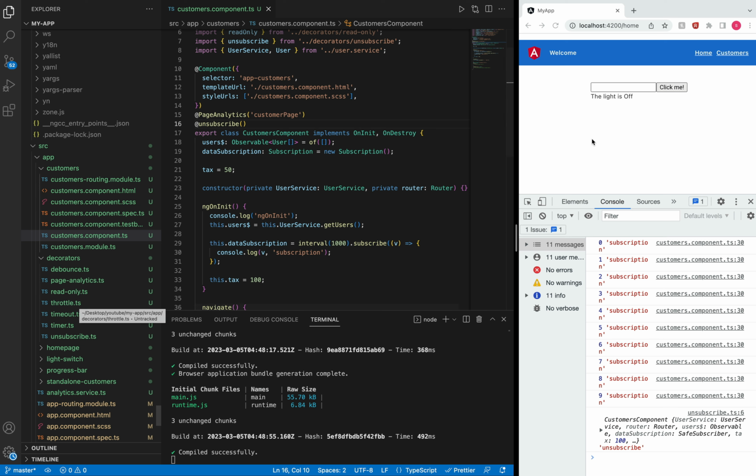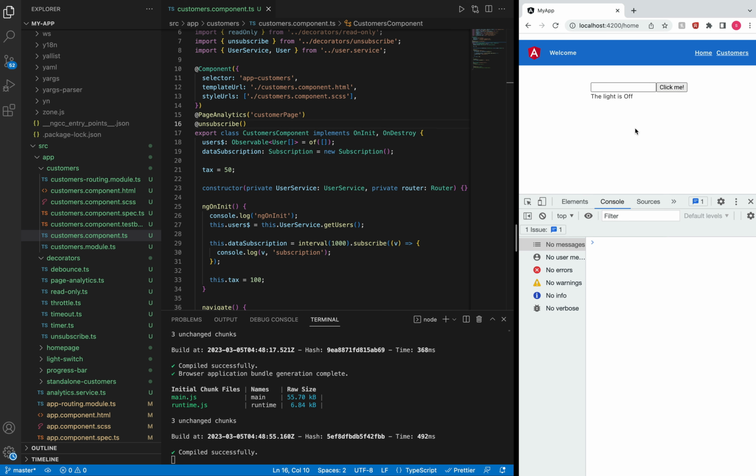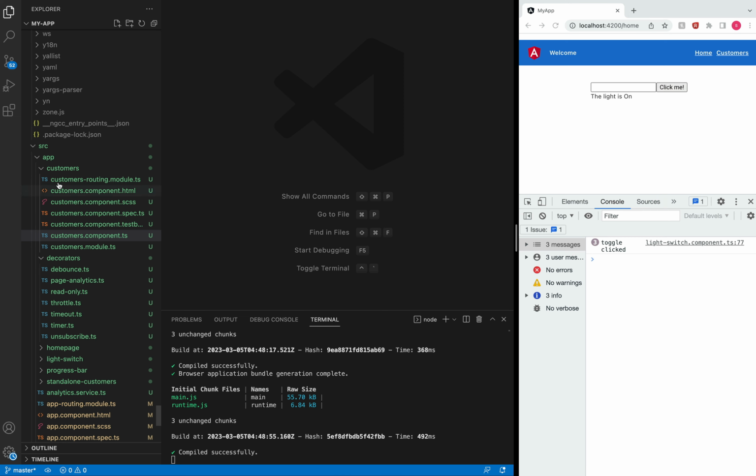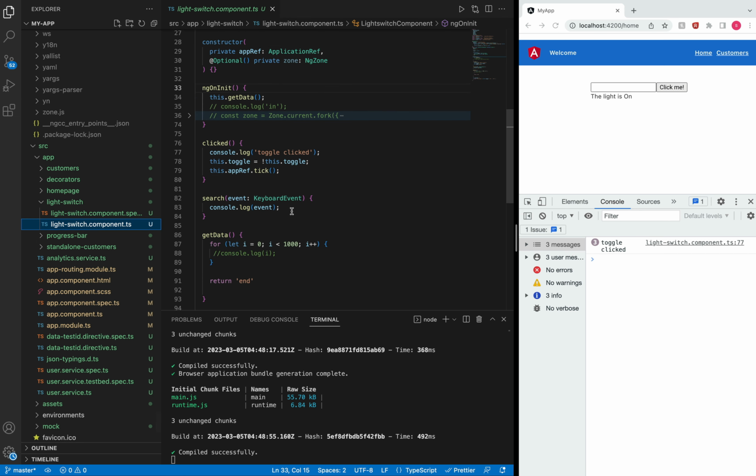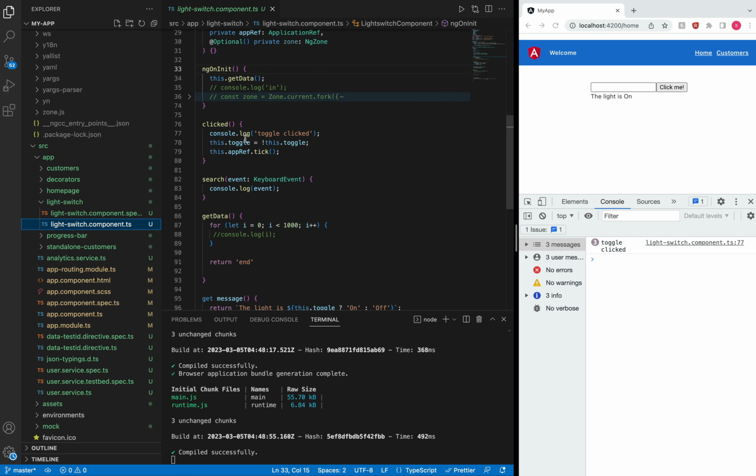So if I want to apply either Throttle or Debounce on our component, how can we do that? Let's assume we have an input text field and then a "click me" button. The current behavior of click me is that it toggles this text on and off. And if you see on the console, I'm logging some text here as well. Let me go over to the light switch component, which is here, and the function that gets triggered is this